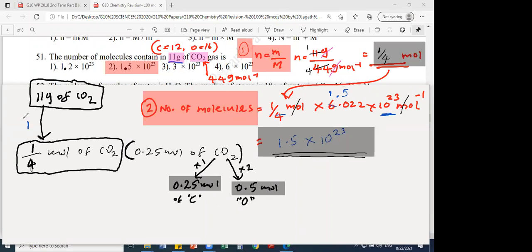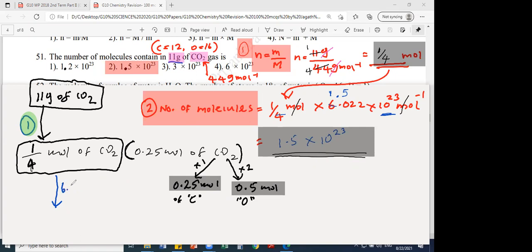Look at the screen again. First, number 1, mass to moles. How? Using that equation, number of moles, simple n, equals simple m divided by capital M. I'll highlight this also in green, the first step. And then the next step is this. Number 2, if you want, you can convert this into molecules also. If I multiply this by the Avogadro constant, you get 10 to the power 23, then you get CO2 molecules. Please copy down this flow diagram, everyone.